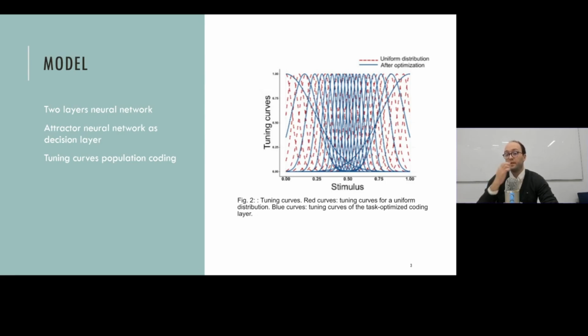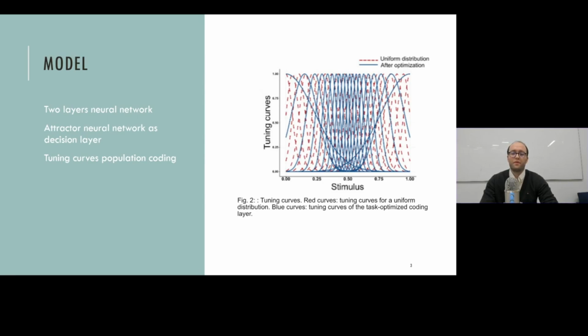On the opposite, because the goal of the network is to perform a categorization task, this coding layer can be optimized with respect to this task, and this leads to tuning curves that are dense towards the category boundary, 0.5 here, meaning that the network will allocate more resources to encode hard stimuli, and will have fewer neurons coding for the stimuli far from the category boundary.